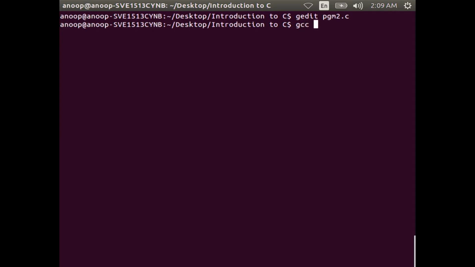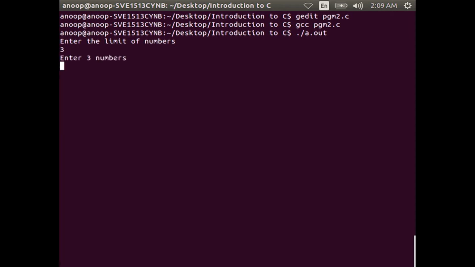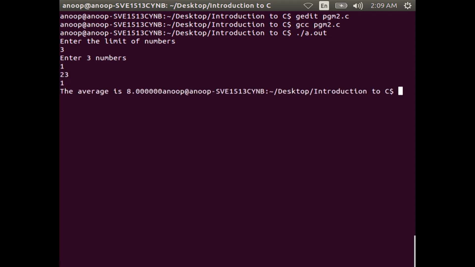So, let us now compile this program and execute it for the results. Now, you can see that the system prompts to enter the limit of numbers. Suppose you enter 3 as input. So, you can see that the system again prompts to enter 3 numbers.